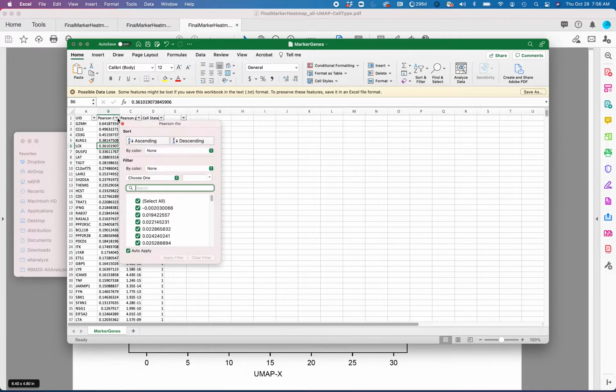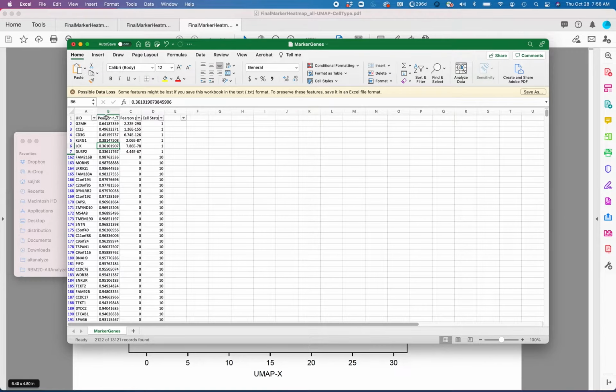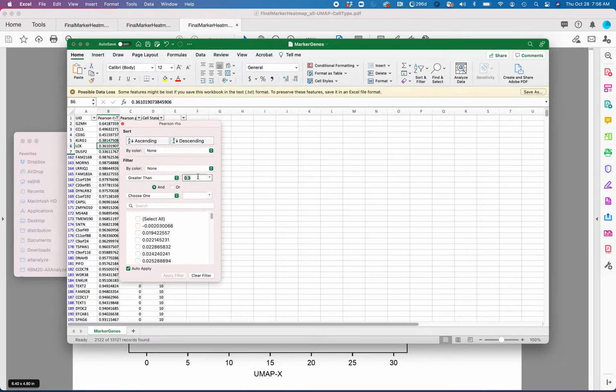Here I tend to like to look at either the top marker genes, or we can look at a certain cutoff here. So if we look at greater than 0.3, and this is the Pearson correlation cutoff associated with the program MarkerFinder within AltAnalyze, this basically indicates the specificity of each gene for each cluster, with a value closer to 1 indicating a high degree of specificity. In the case of cluster 1, GZMH is the top specific marker, followed by CCL5, CD3G, KLRG1, and LCK. Several of these are T cell NK markers,